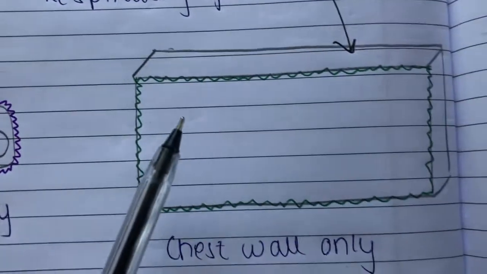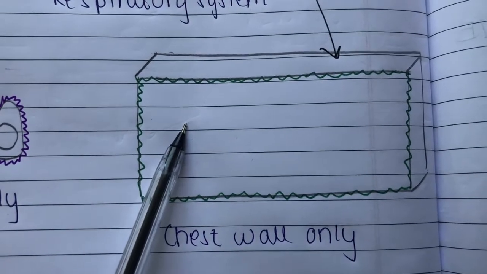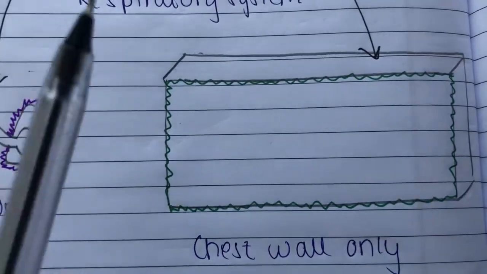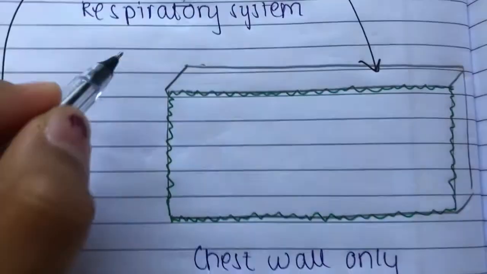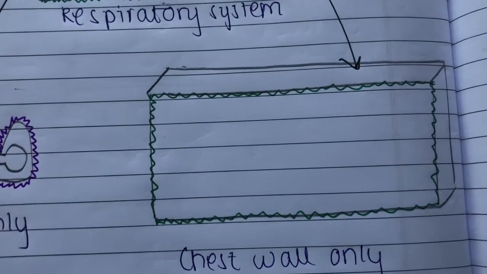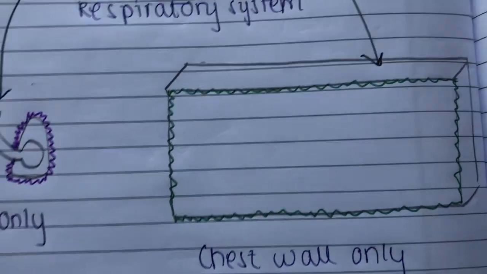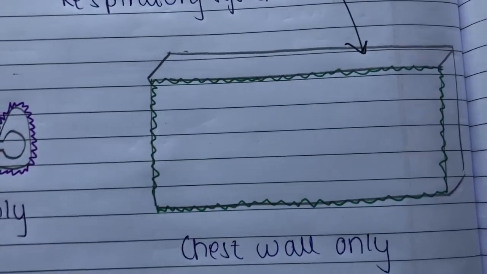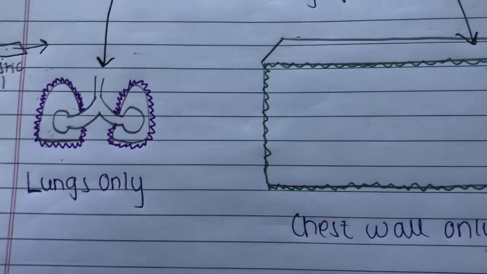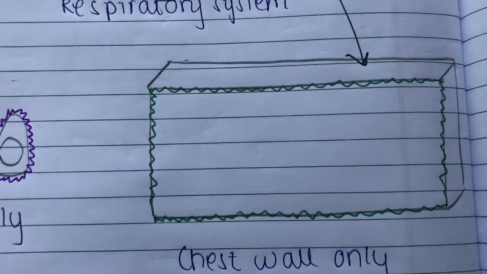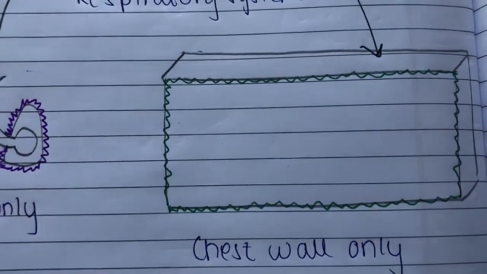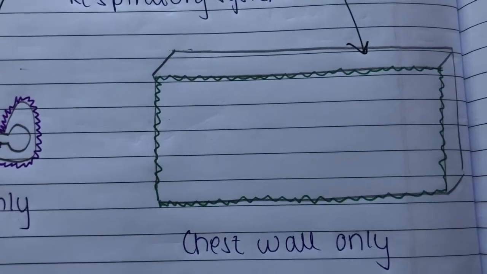But then you'll ask, why does the chest wall cavity not return to its normal position? Does it have elastic recoil? Now, the chest wall cavity has ribs. Ribs are the structures that prevent the chest wall cavity from collapsing, and because of the ribs, the chest wall cavity is not as highly elastic as the lungs are. So the chest wall cavity does not have a tendency to collapse or contract, rather it has a tendency to expand.